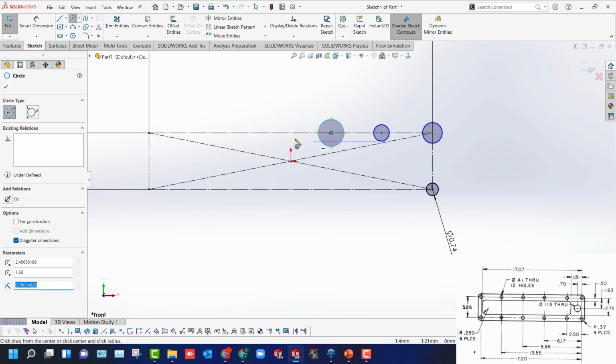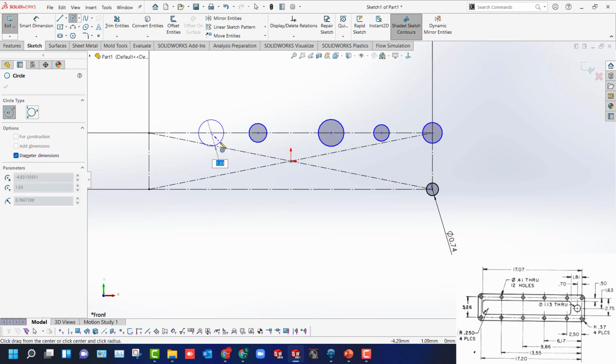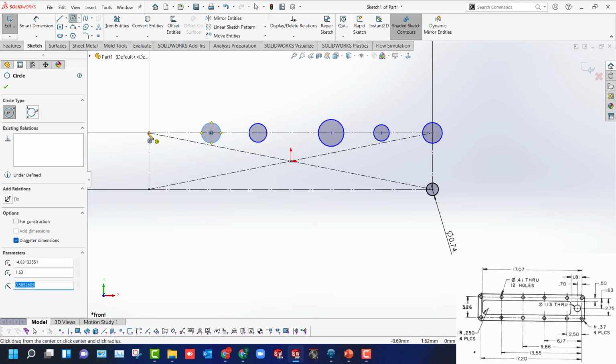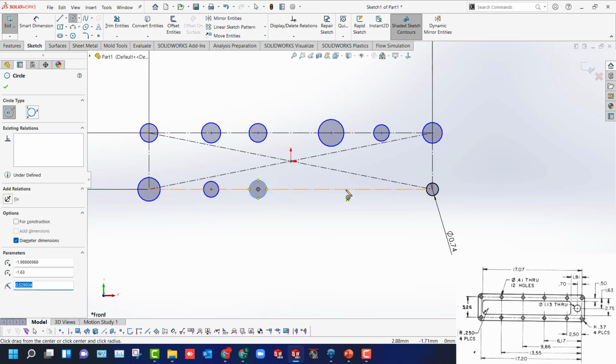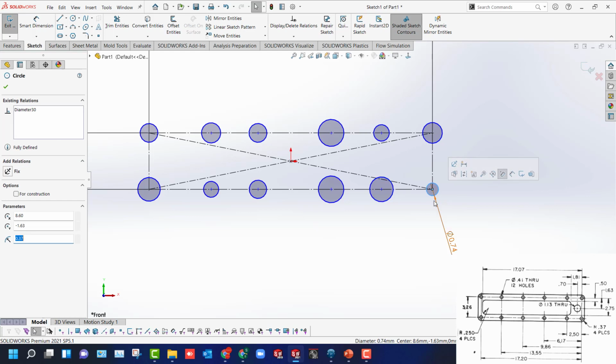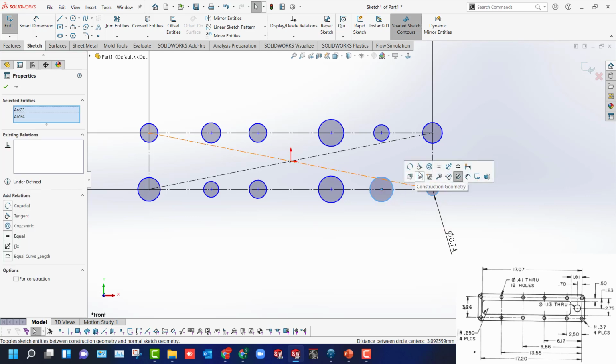So I'll simply randomly place all the circles. So there are a total of 6 on the top and 6 on the bottom. I'll do the same here. So once you define this much, you can add the dimension between these now. Okay. So these two should be